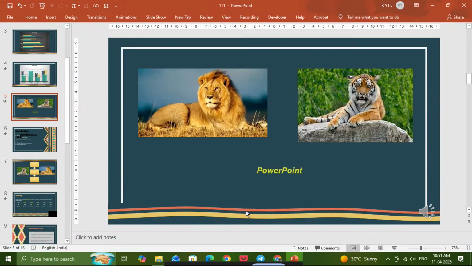If you need to capture a screenshot in PowerPoint 2019, you're in the right place. In this video, I'll show you two simple methods so you can quickly add screenshots into your presentation without wasting time. We'll use the built-in screenshot tool first, and then I'll show you a fast keyboard shortcut method as an